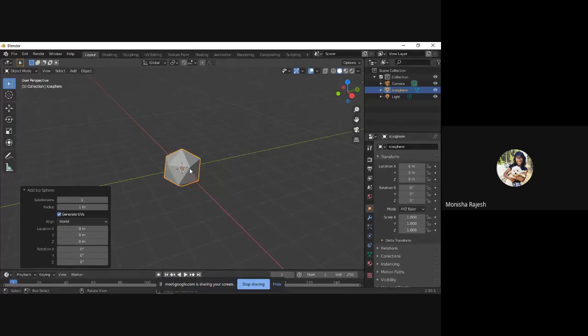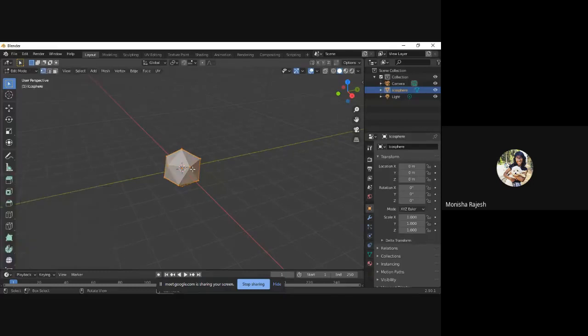Okay, so once that's done, you're going to press tab. So tab is going to move you to a new mode, a mode that is called edit mode. Now, most of your modifications to the object will happen in this edit mode. Now, I'm not going to go into detail for each of these operations because that will take way too long. But the most important ones that we're going to be using is extrude and bevel. What extrude does is it pulls out or pulls down certain faces of your object, and bevel will change the shape of some particular faces and things like that.